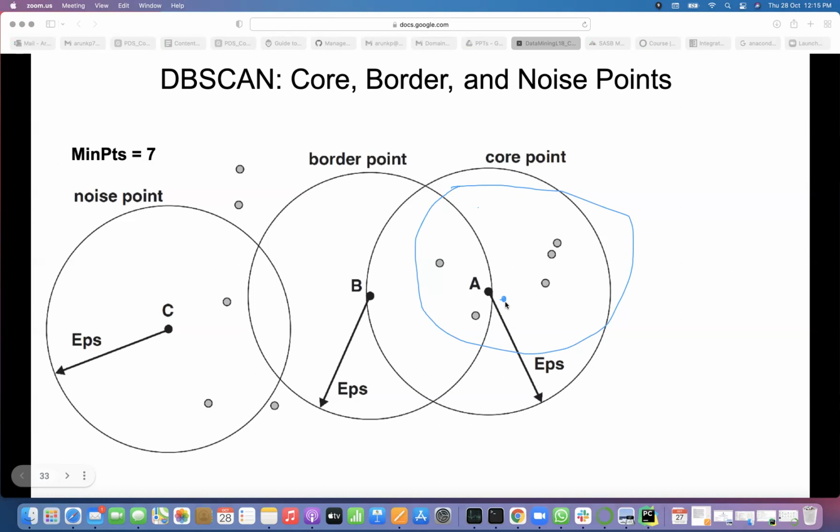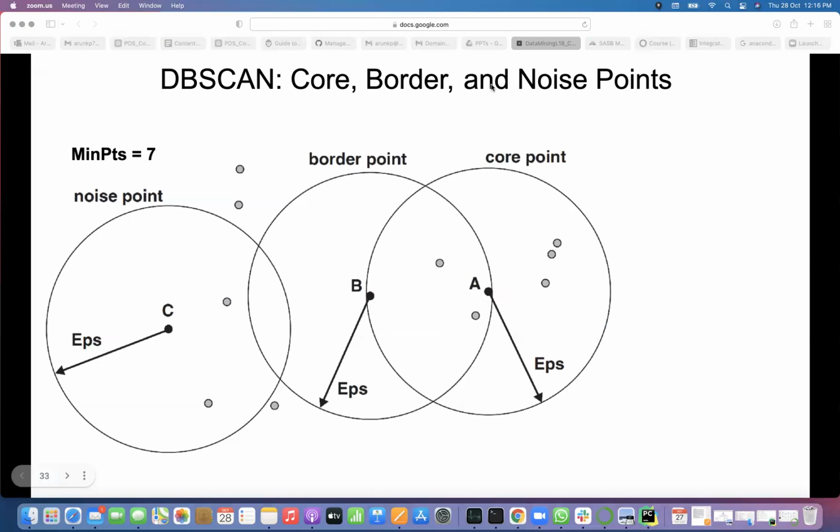You will see which core points are not labeled. For them only, you start creating a new cluster. This already got a cluster identification, means it is assigned to some cluster. So that is what is said in the algorithm. Each time, if there is a core point available which is not already labeled, then you start creating a new cluster. Then again, within the neighborhood of that core point, whatever points fall, you label with the new cluster ID.